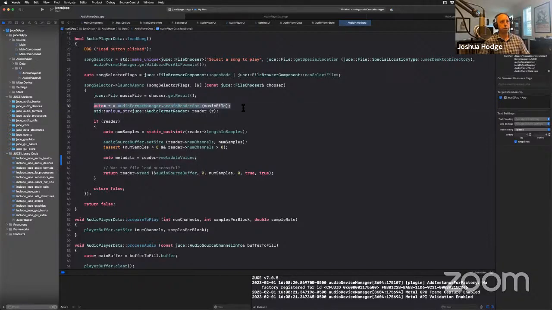by the way, this other little wrinkle that I forgot to mention that we did the other day is that when we create the reader, it returns a raw pointer. And what I'm doing is wrapping that raw pointer in a unique pointer, a smart pointer. It's only being used for this function just locally, but I think it's a little bit cleaner. It's a little bit more modern, I guess. So that's what that's about. Then we can use that reader to actually get the metadata values from